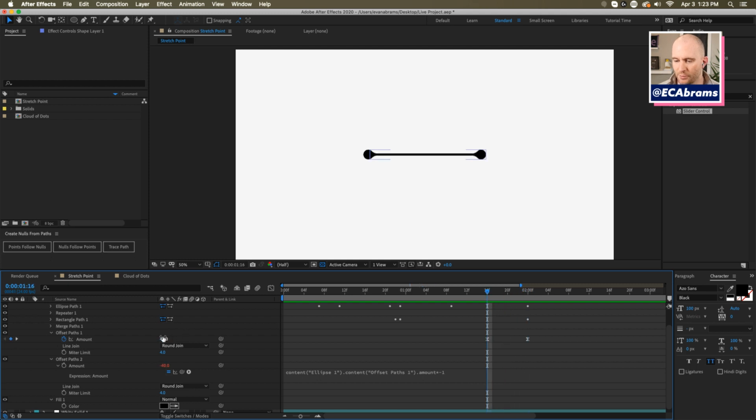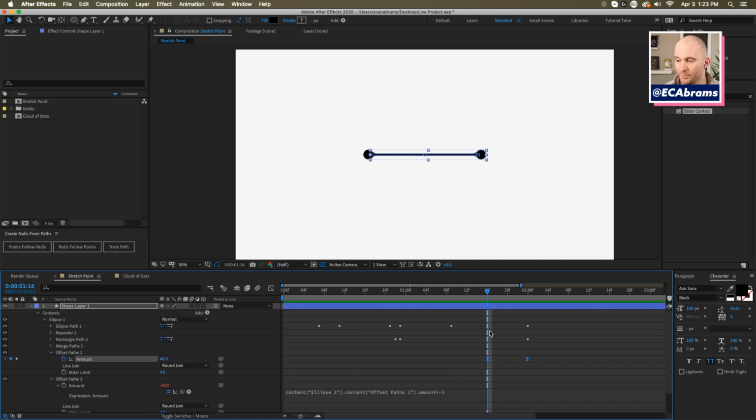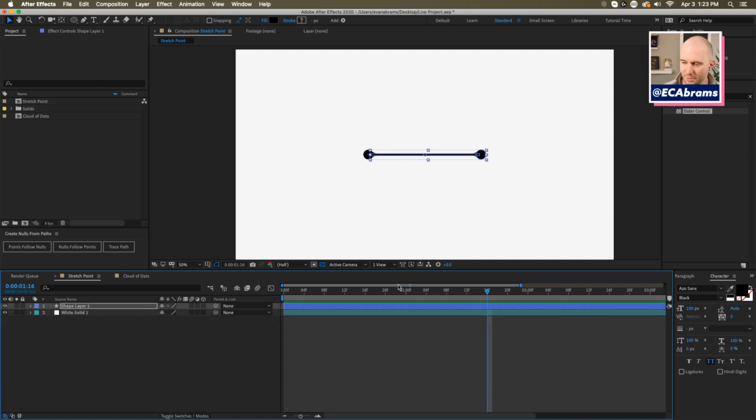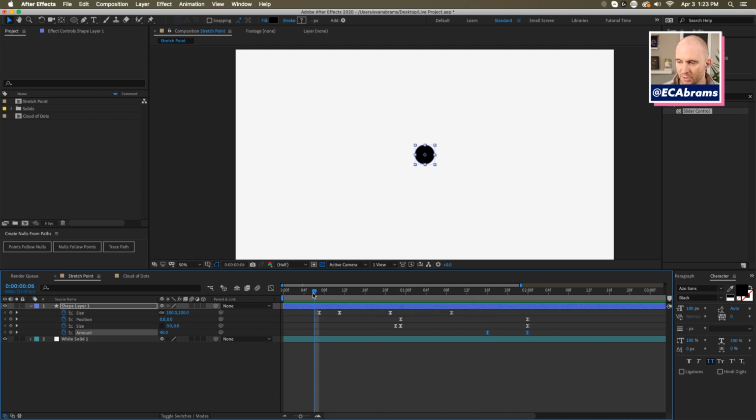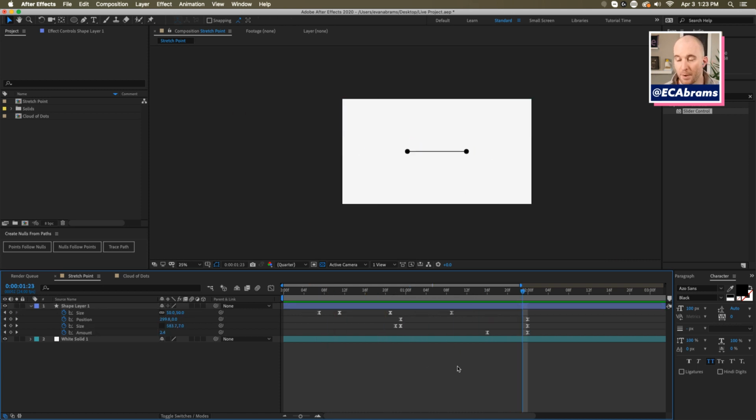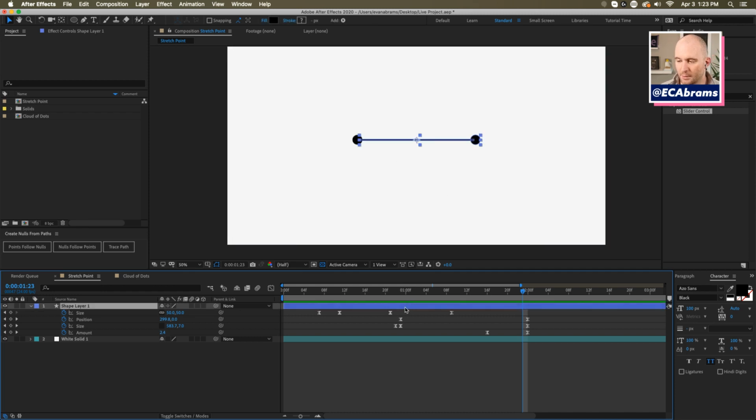And then we're able to, for example, keyframe the amounts of those offset paths to make that little trickery go away. And everything else is just keyframing the position of these things and their thickness to make it seem like some glorp. Which is, again, a lovely trick. There's nothing liquid or strange about this, really. It's circle, circle, stick. And then we're just using that little bit of finesse to kind of glob it up, to make those things happen.